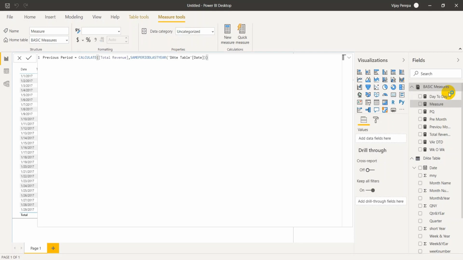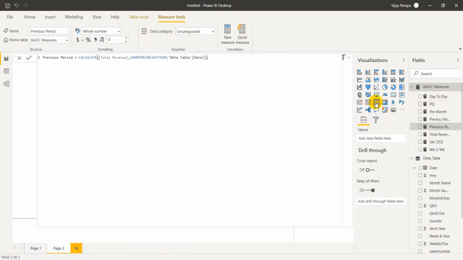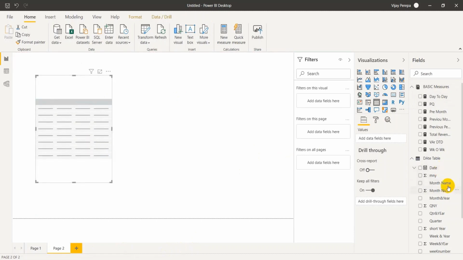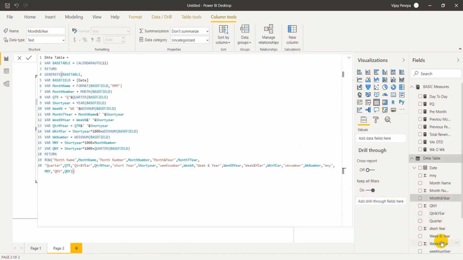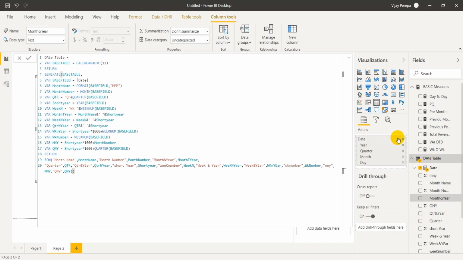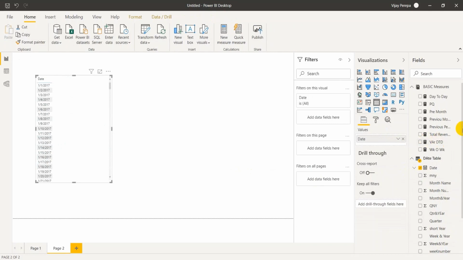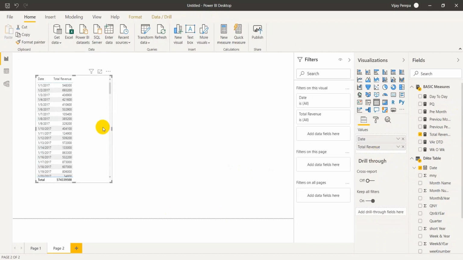And then let me add a new page. There I am adding the visual. Now I need to add month and year. Rather, first date. Let me add the date, and then I need to make this a simple date, not that date hierarchy. And then let me select total revenue, which will give me a drill down of each day,